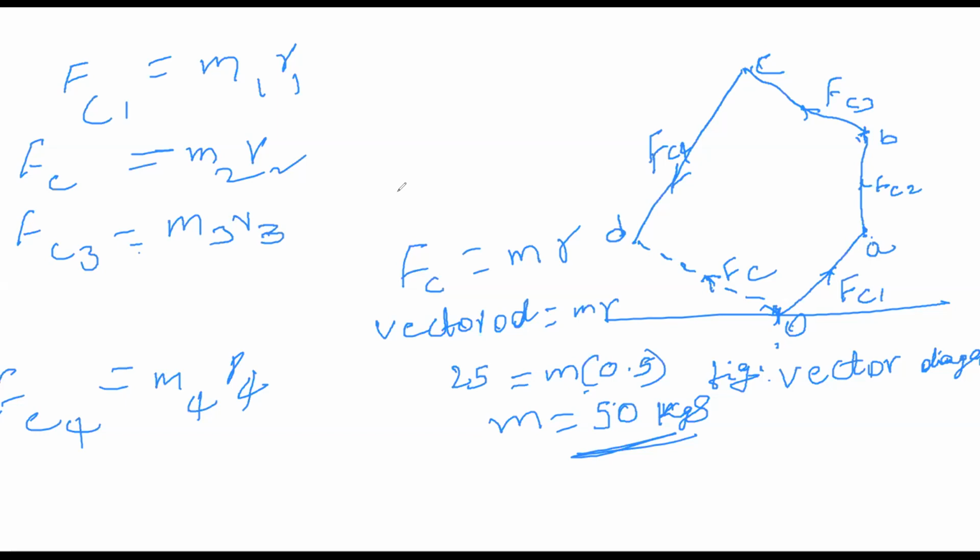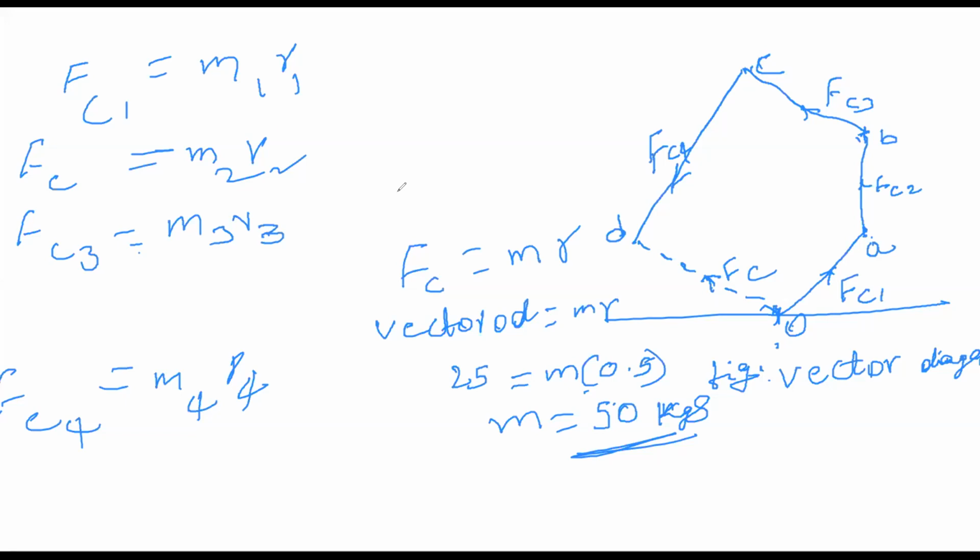Later, you will draw one horizontal line and choose one point, which we call O. Those centrifugal forces have some range, 20 or 30 or 40, whatever it may be, so you will set up the scale. That scale will help you construct our vector diagram, because it should be convenient to draw on our A4 sheets. So the scale is 10 Newton meter equals 1 centimeter. Let us take that as our assumption.